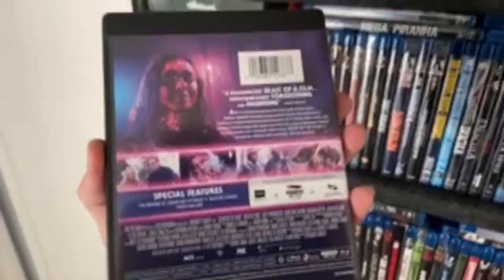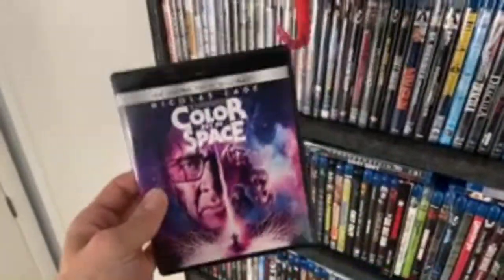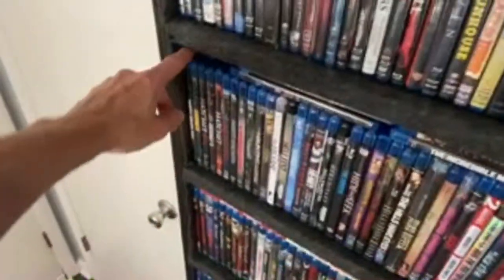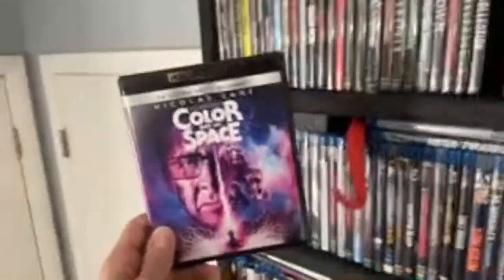Here we have a really good Lovecraft adaptation that I saw right after I read the novel, or I should say the short story novella type thing, for the first time. And I thought that, what's his name? Richard Stanley, Australian director, I want to say, directed Hardware, didn't he? Yeah, Richard Stanley. I just want to make sure I got my directors in a row. Color Out of Space. Richard Stanley comes out of semi-retirement to direct this, and he directs the hell out of it. It's an awesome, colorful, and vibrant film